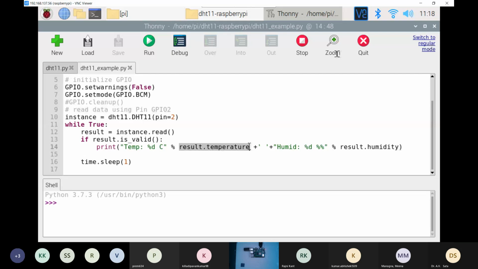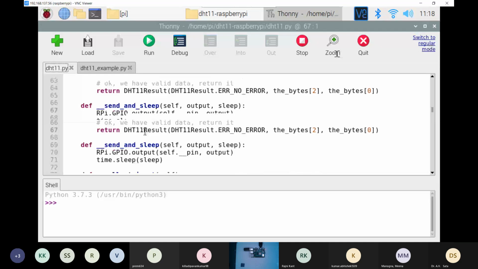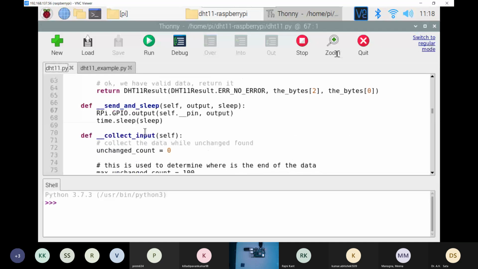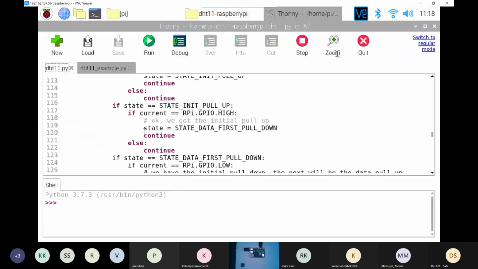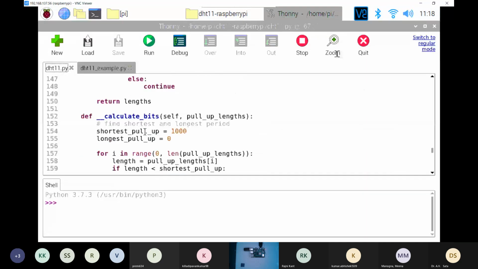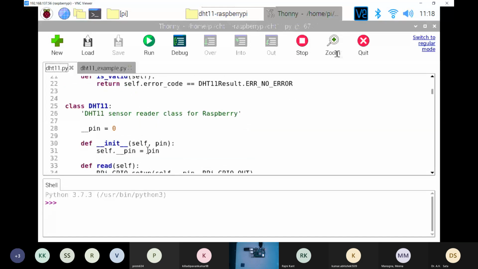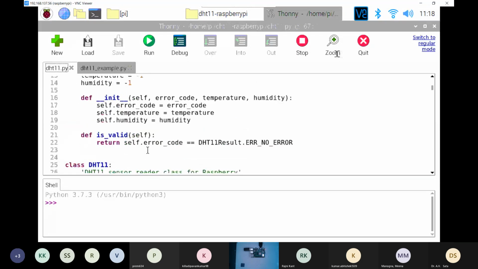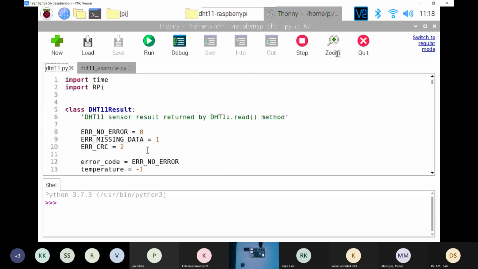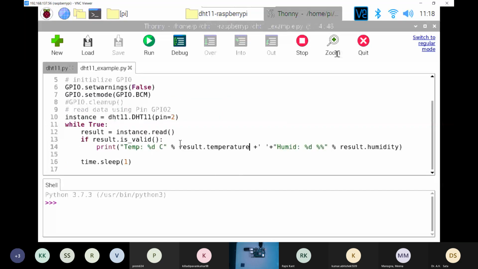In this library, there will be a function called DHT11.temperature. And then all the functions will be over there. And we are fetching the same from there. So we are fetching result or temperature from DHT11.py,